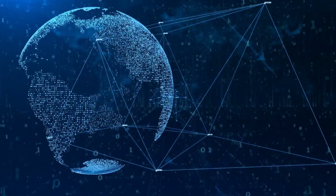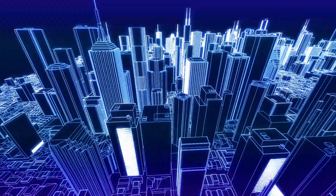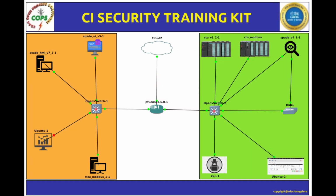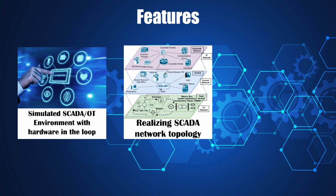With advancements in communication technologies, critical infrastructure interconnected with IT systems increases the attack surface for attackers. The proposed training kit provides a realistic SCADA environment for users to conduct attacks and understand the behavior of the SCADA environment. The training kit provides the live, virtual and constructive SCADA network environment, guidelines to build and simulate the network